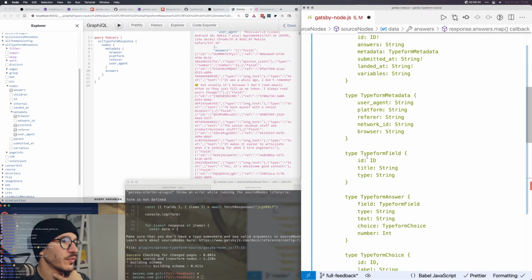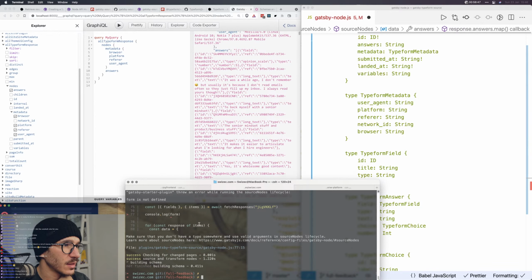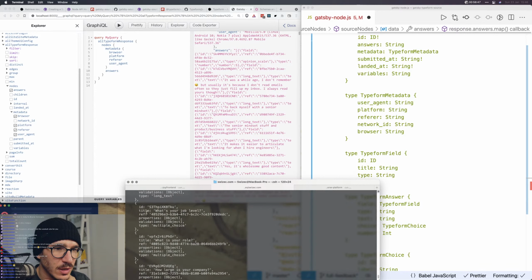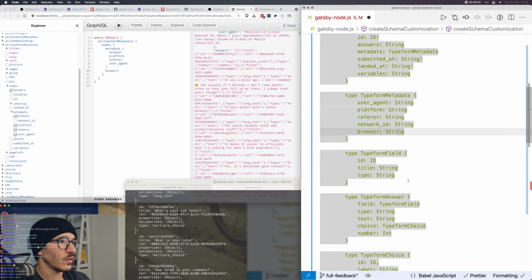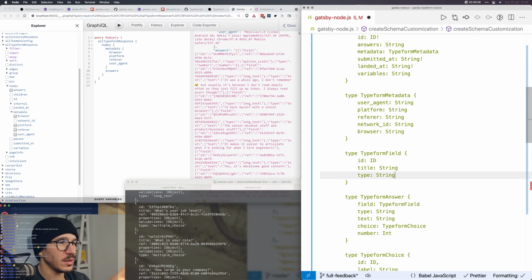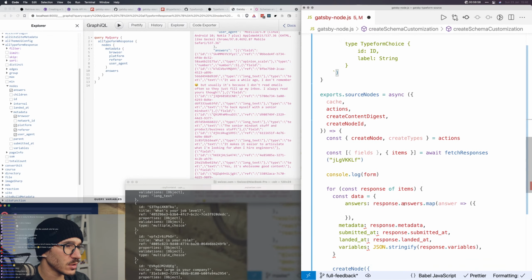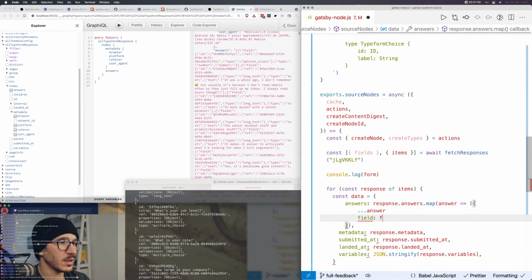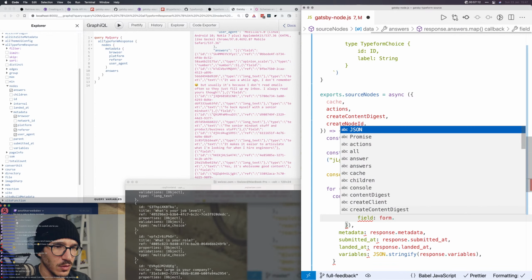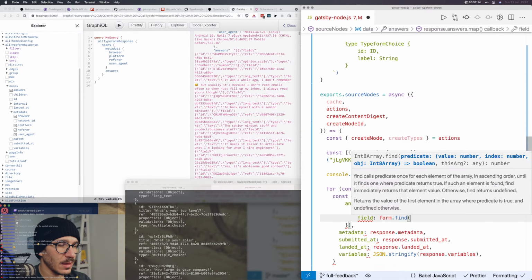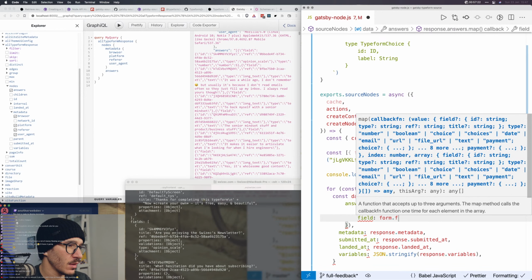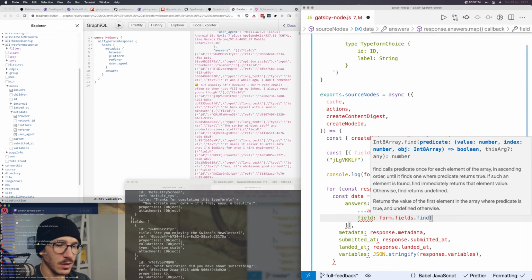Because we said that Typeform field has an ID, a title, a type, but here where we had the form, we also have the title. So Typeform field, yeah, ID, title, type, and some properties. So we're gonna say each answer gets the whole answer, but then the field becomes form.fields.find, yeah, form fields find, and we're going to find,